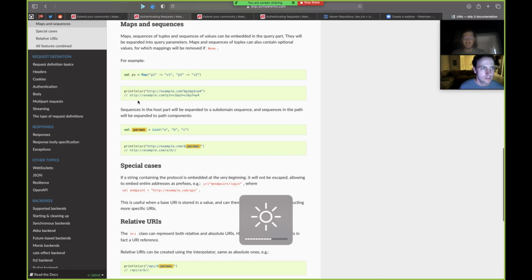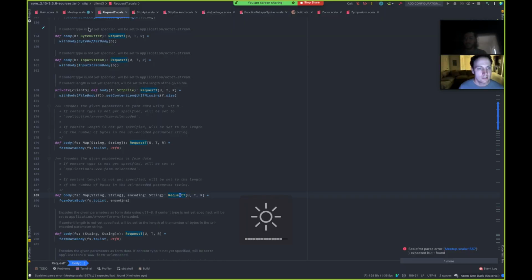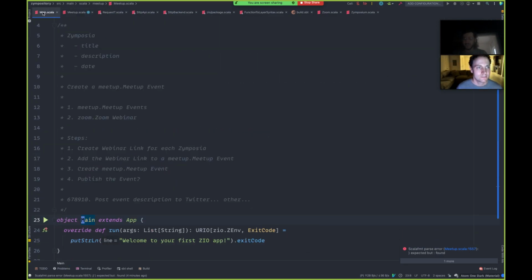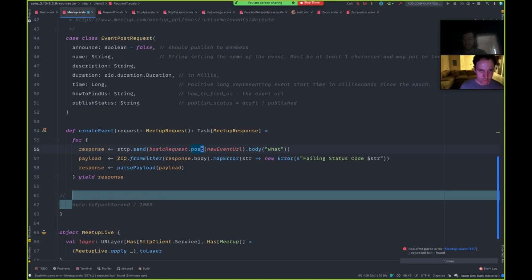Oh, you know what? I think it's kind of funky where you interpolate them directly into the... Oh, yeah, the URI interpolator. Yeah. Which is cool, but also not very discoverable. Very clever, but it would be very nice if that were just an extension method or something. Maybe it can't be on the request. I don't know. I think it could be.